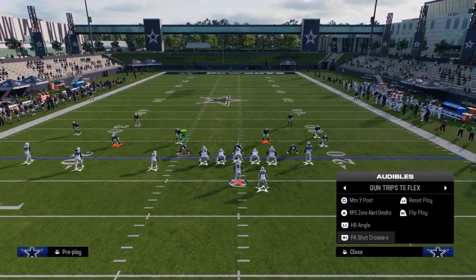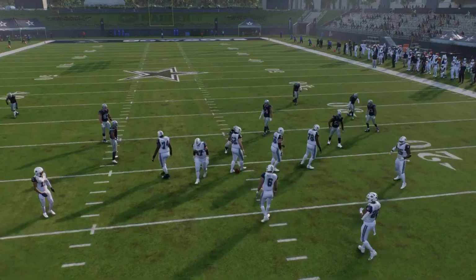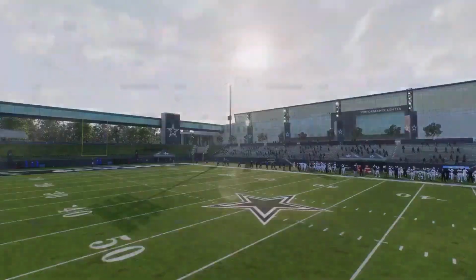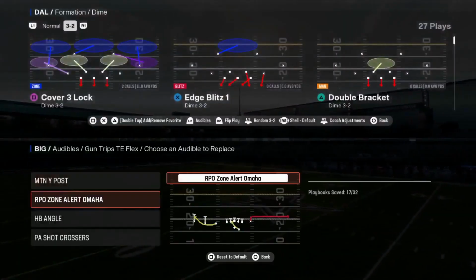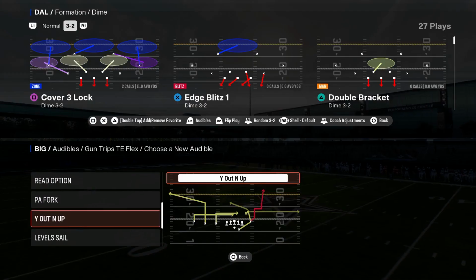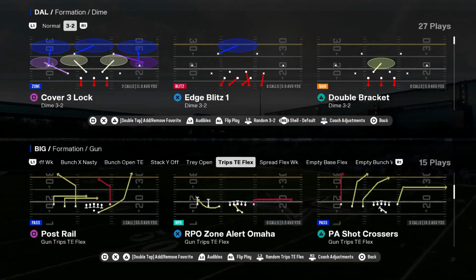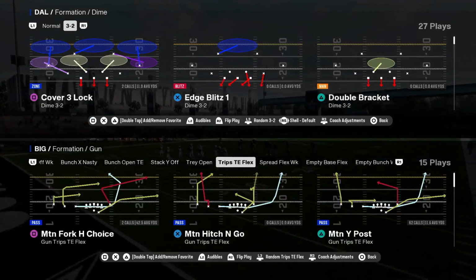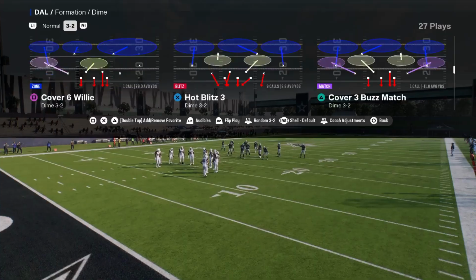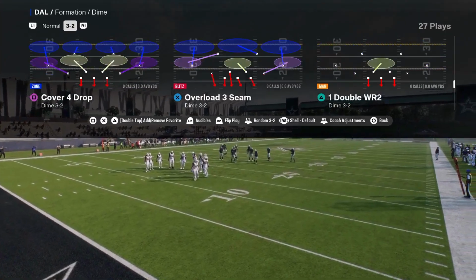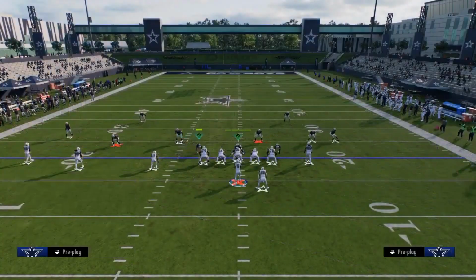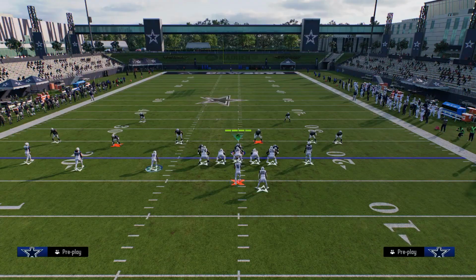Another great play to have, which I actually don't have in my audibles, which I should, is let me take motion post out and put it in here, is just the basic verticals. And the reason why I think this is a really key play to have if you want to run this offense is because if they're running that cover 2, a lot of times what they'll basically do is they'll just use this